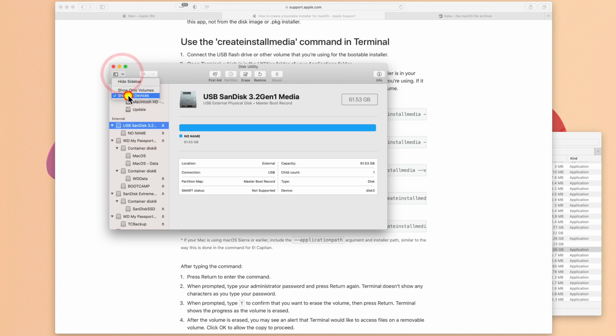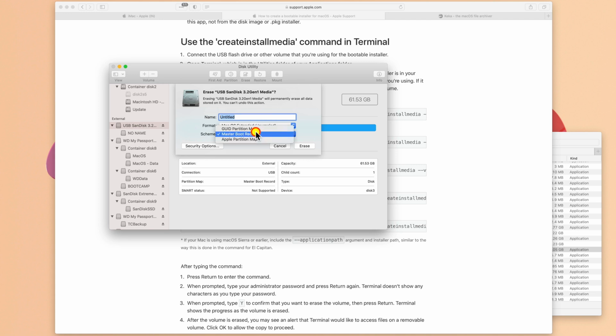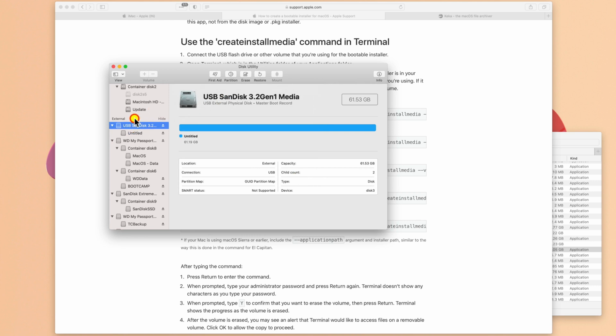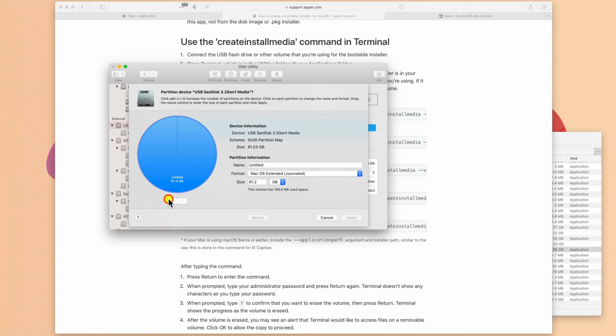If you're not seeing that, just check show all devices. Let's just erase this first. Change this to GUID. Doesn't really matter what we choose for the file system. Okay. Once we have the GUID partition, we can go into partition, split it into as many as we want.